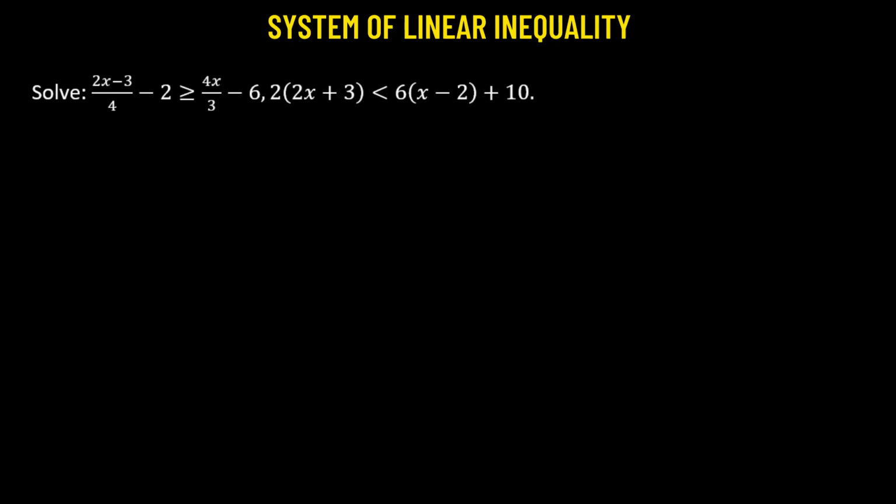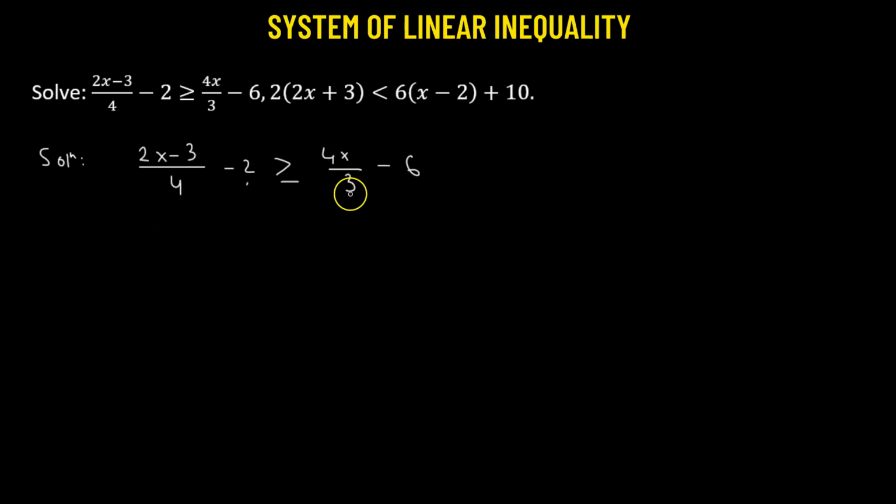Let us solve the following system of linear inequalities. We'll begin with the first inequality. So here we have (2x minus 3) divided by 4 minus 2, which is greater than or equal to 4x over 3 minus 6. We'll begin by transposing this 2 from the left hand side to the right hand side,